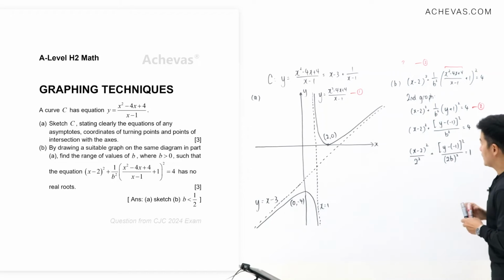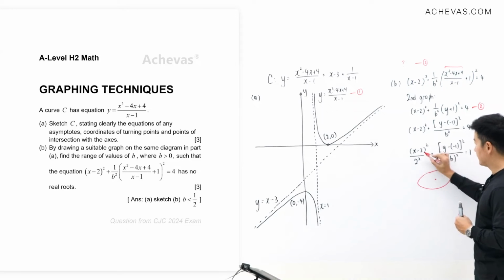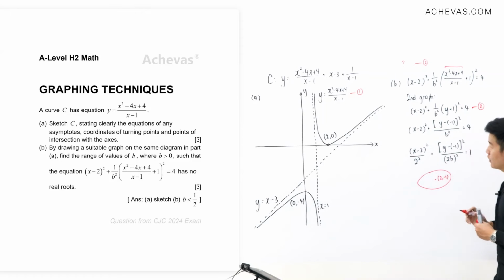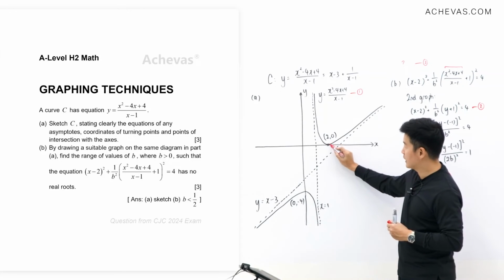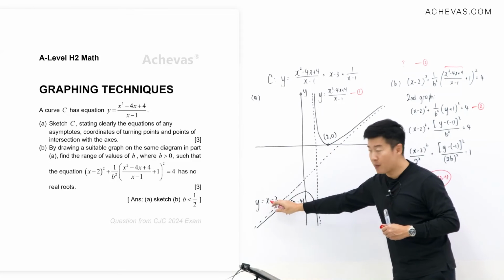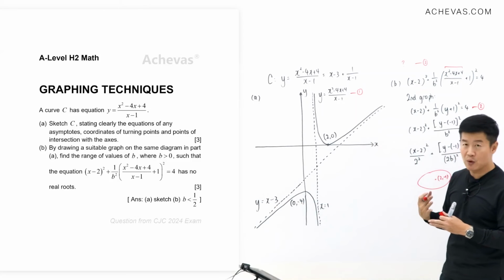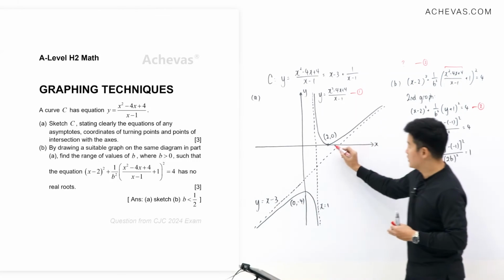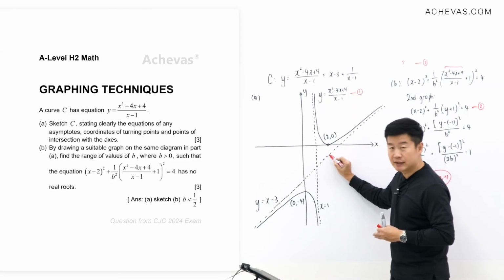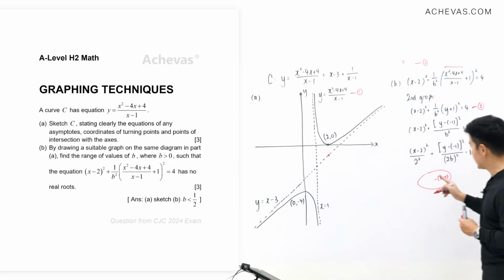So based on this, we can tell that we are going to be looking at an ellipse. An ellipse with the center at 2 and minus 1. 2 and minus 1 is actually here. Okay, here the x coordinate is 2. And if I were to substitute 2 into the oblique asymptote, the equation will be giving me the y coordinate to be equal to minus 1, which is this. Which means that vertically down on the oblique asymptote will be where we will be seeing the center of this